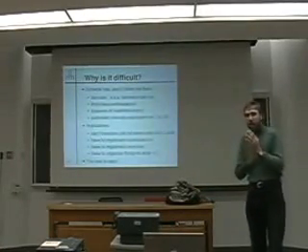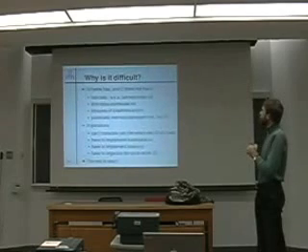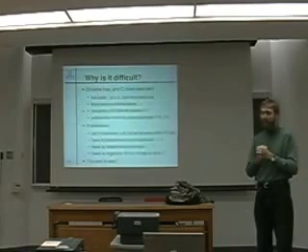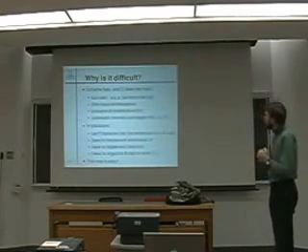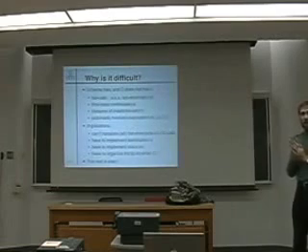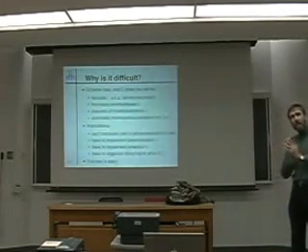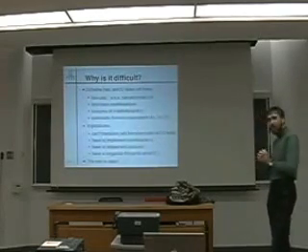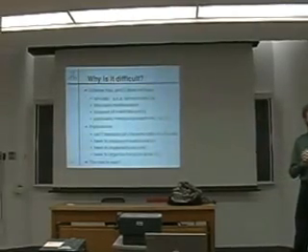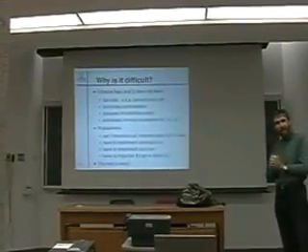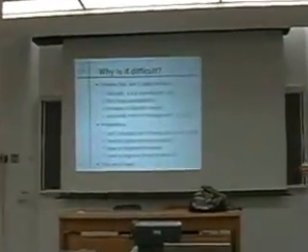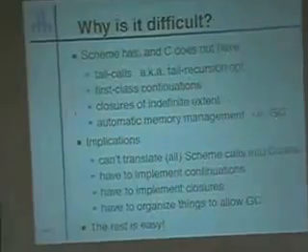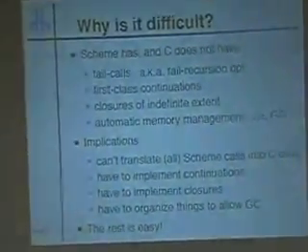So why is it difficult to compile Scheme to C? Actually, Scheme has a lot of things that are neat, that we like, and that C doesn't have. And here is a list. C doesn't have tail calls. And that's probably the most difficult thing to work around, is the fact that Scheme does have tail calls, and when you do a tail call, it has to be a tail call in Scheme. It can't take any space in continuations. And in C, when you do a function call, you usually consume stack. So that's a problem.